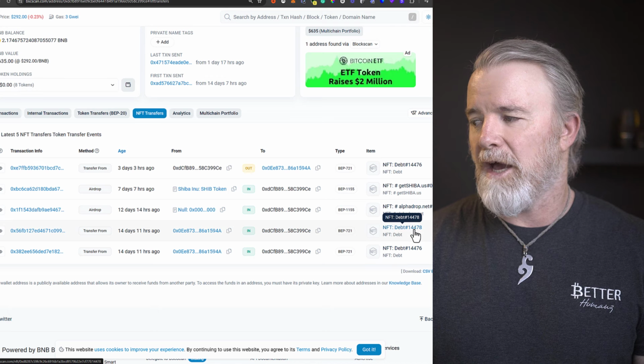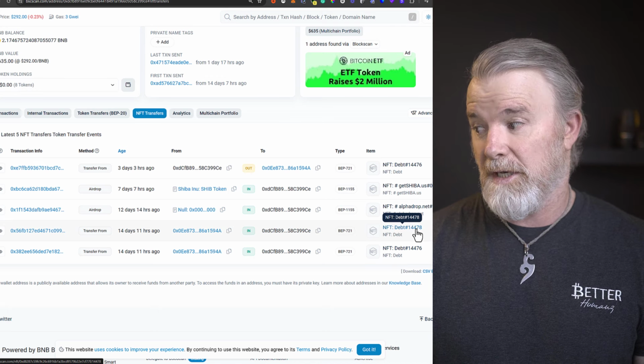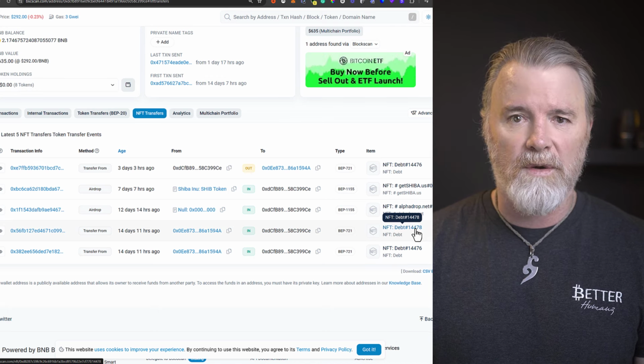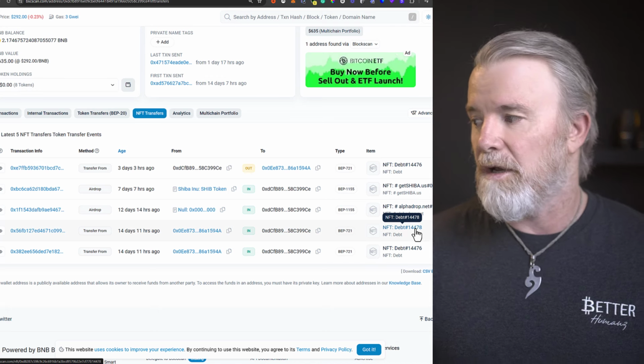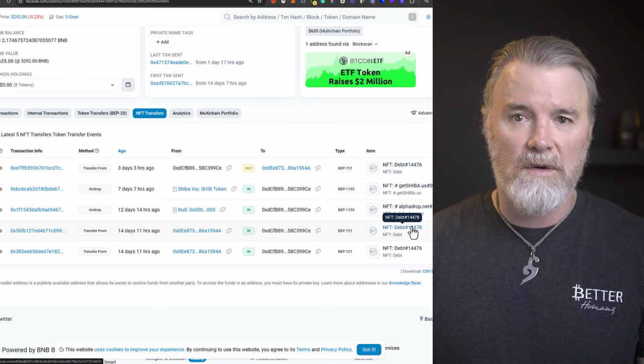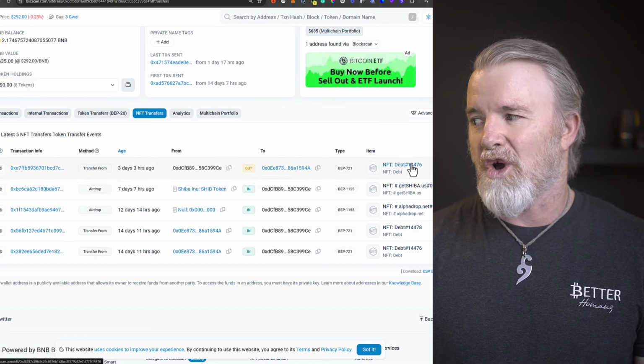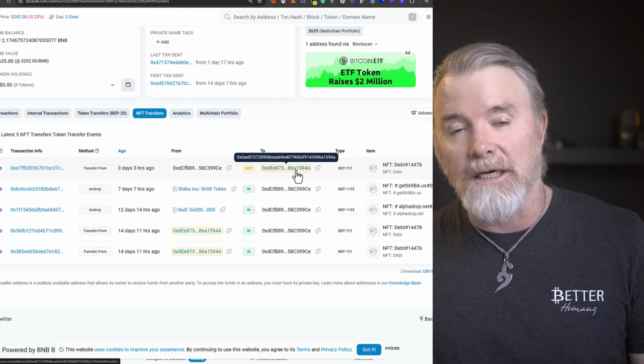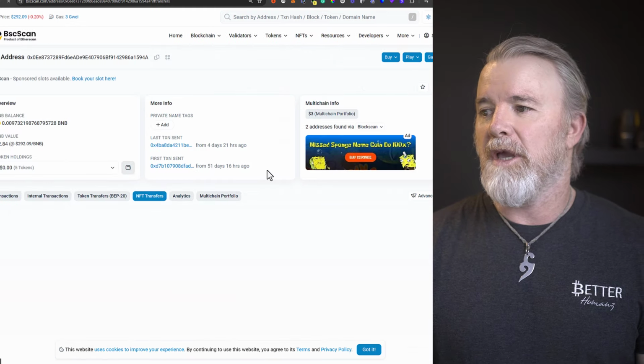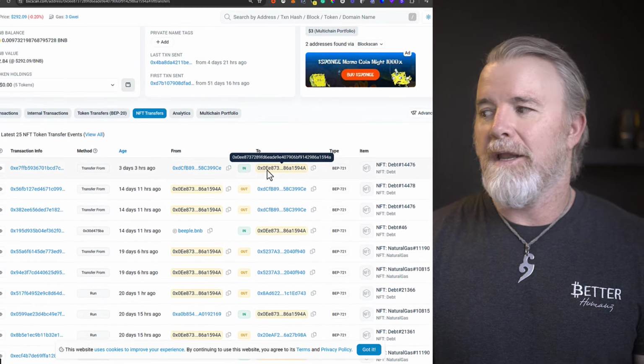You probably want to find out, maybe DEBTBOX can find out who owns these or where those went to, what account those got minted to, and then you might be able to figure out what's going on, or if they've been stolen from as well. And then you can see this one here, 1476, it's gone out, and then it's gone out to here. So then we go to this one,